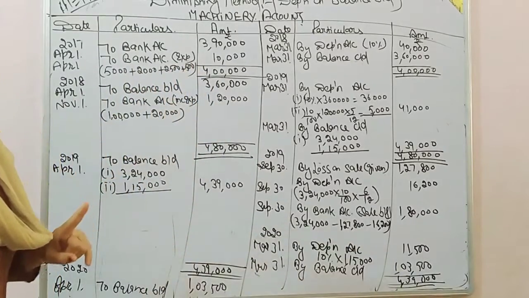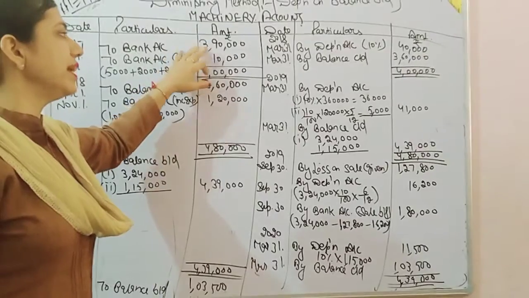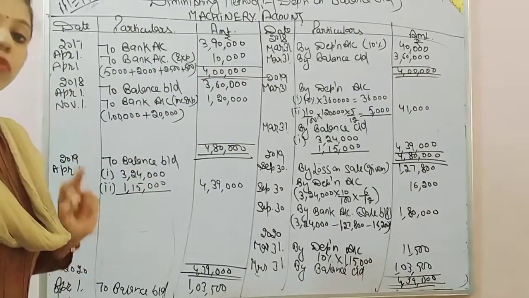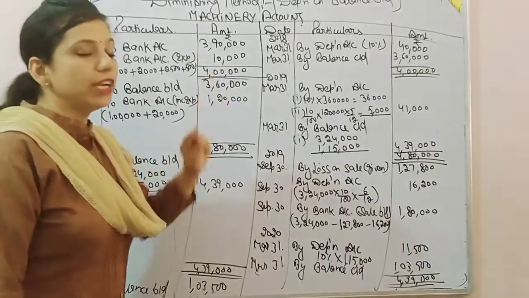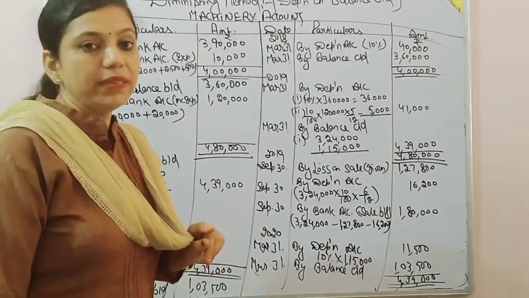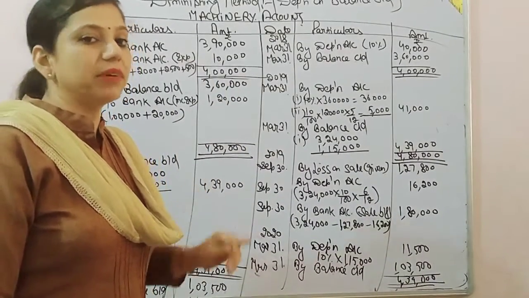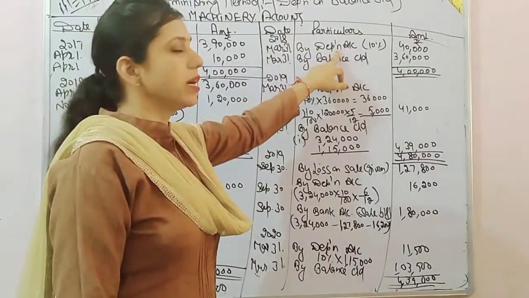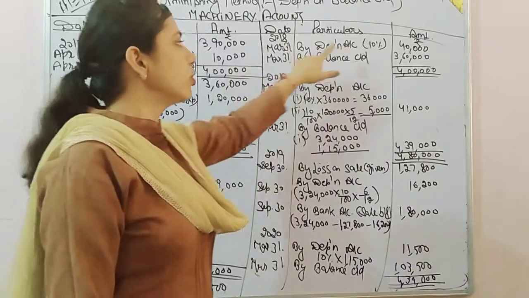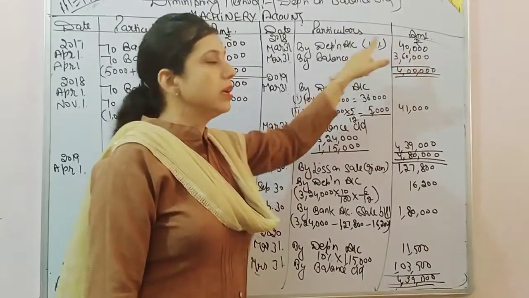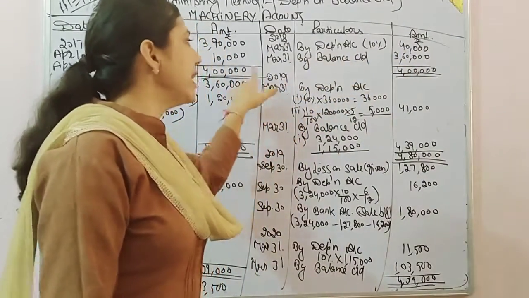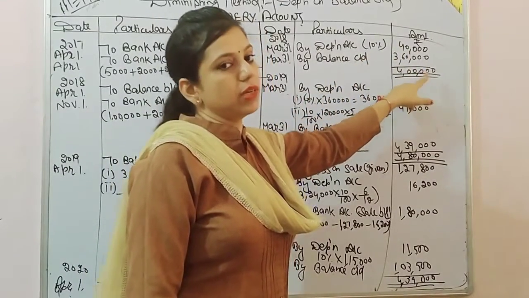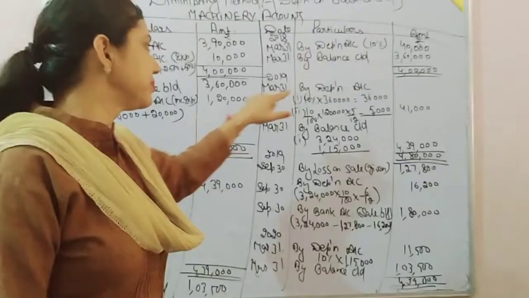So the total cost of the asset will be 390 plus 10, that is 4 lakh. So depreciation is levied on 4 lakh. The rate of depreciation is 10% and the reducing method is given in the question. So at the end of the year, by depreciation account, 10% of 4 lakh, that is 40,000. And the balance left is 4 lakh minus 40,000, that is 3 lakh 60,000. I hope it is clear.